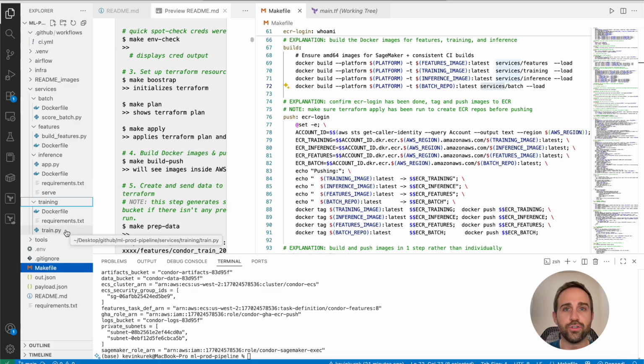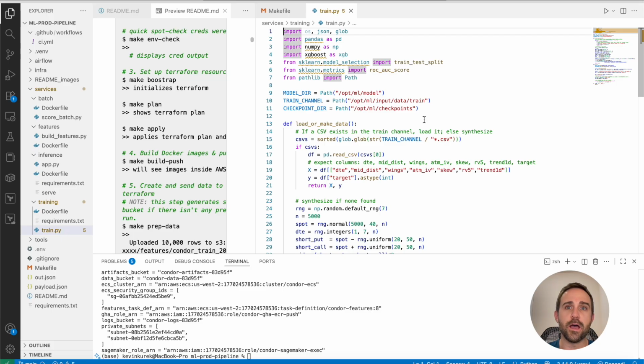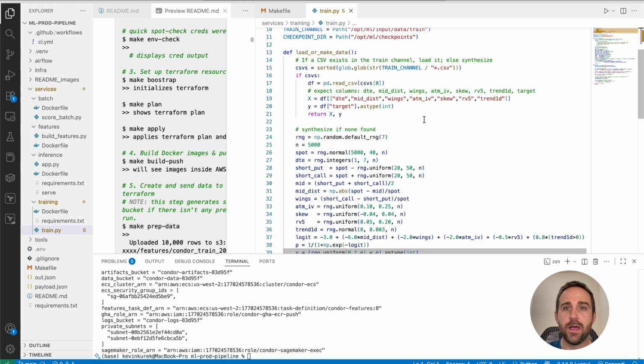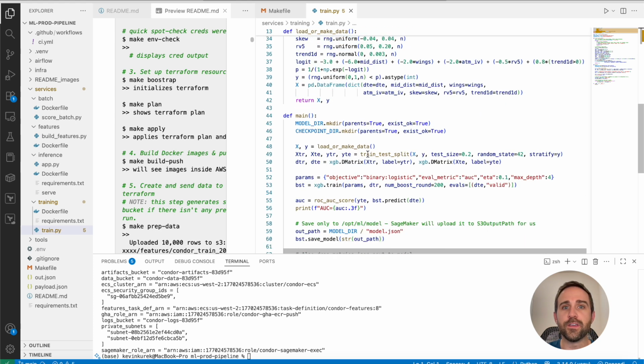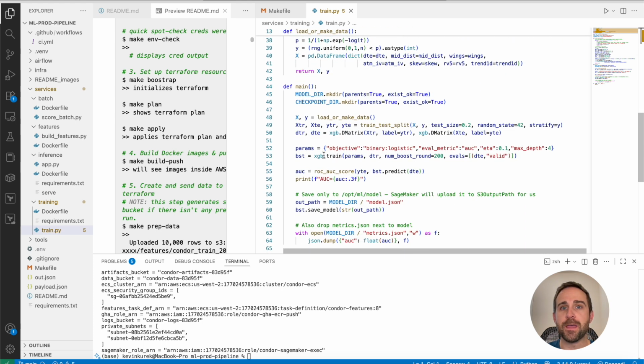So without getting too deep in the woods, right, this isn't what I would consider a fully stacked out XGBoost model, but the high level is that's what it's going to do. And we're just going to have like a training setup. So you can see here's like the main file, and then we're going to use an XGBoost.train. We're going to set up the data and put some temp data inside of S3 to even make that run. We'll get back some AUC scores, which I'm sure won't be good because again, this is just made up